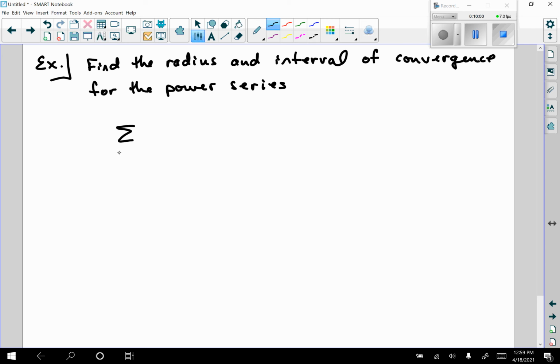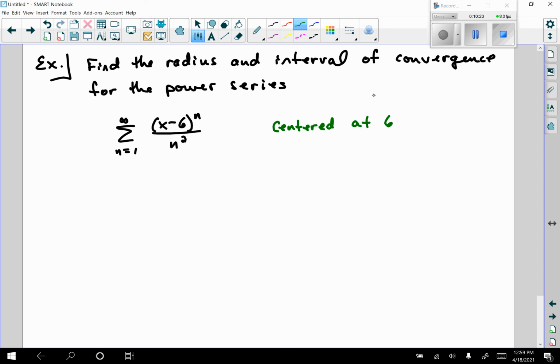This time we'll have the summation as n goes from 1 to infinity of (x minus 6)^n over n squared. So right now, if we notice this quantity x minus 6, this means this is centered at 6. So for sure this is going to converge at 6, but we're still going to use the ratio